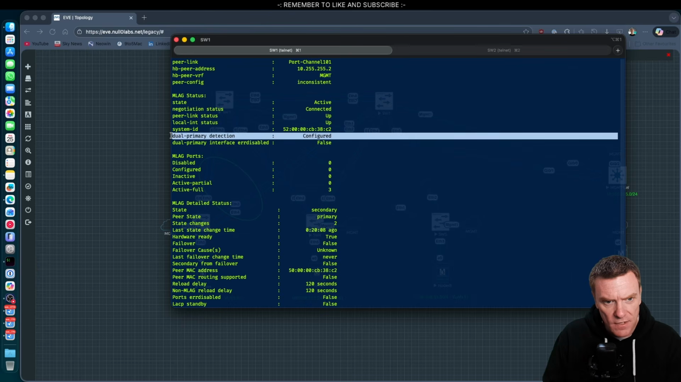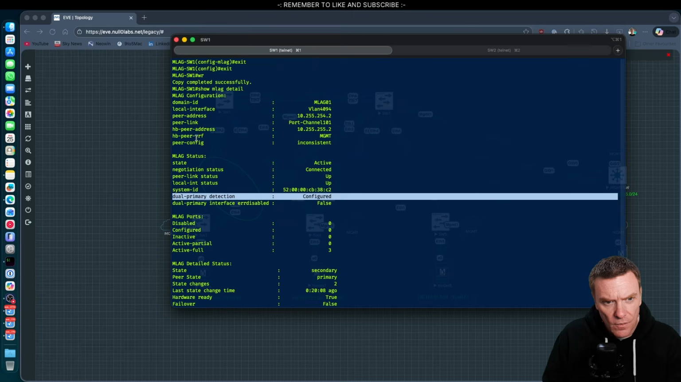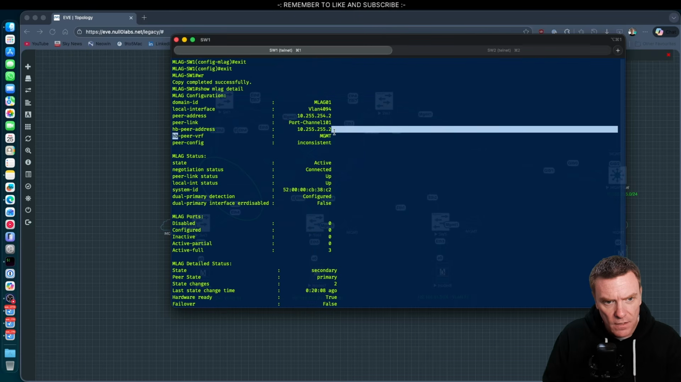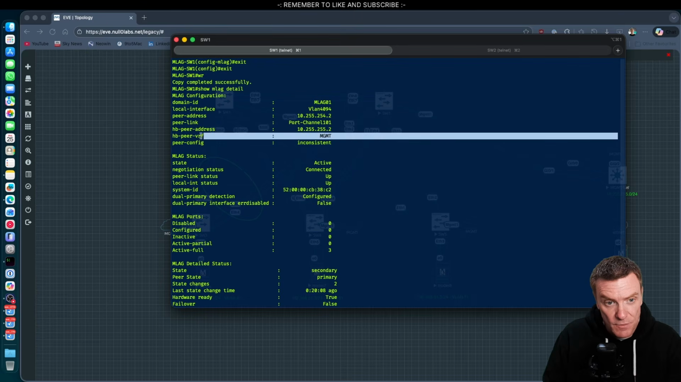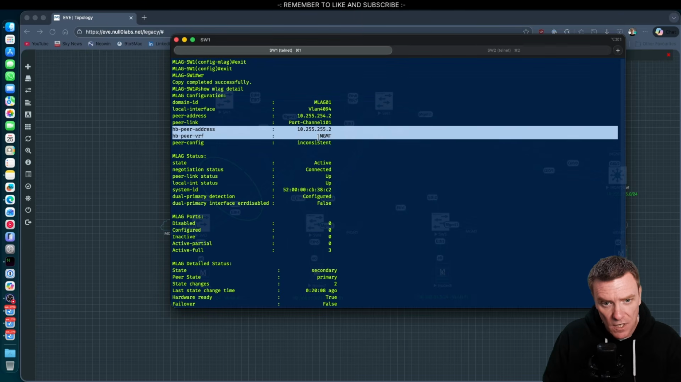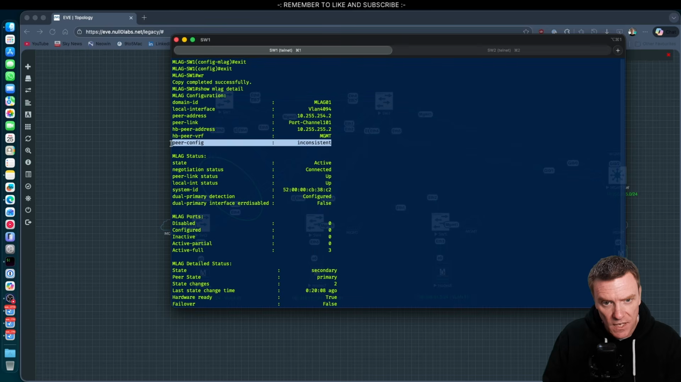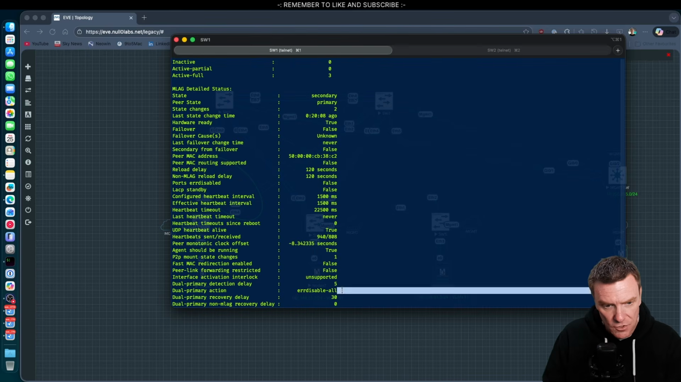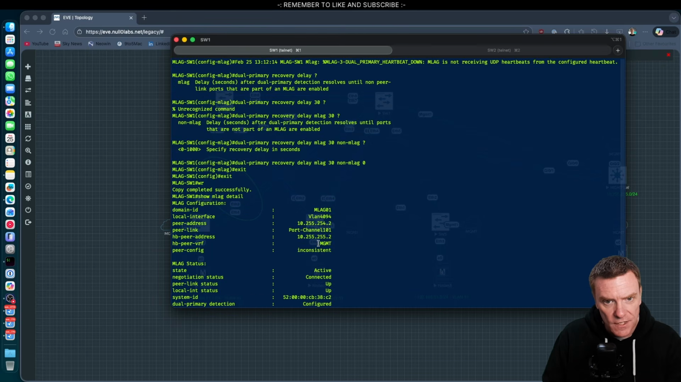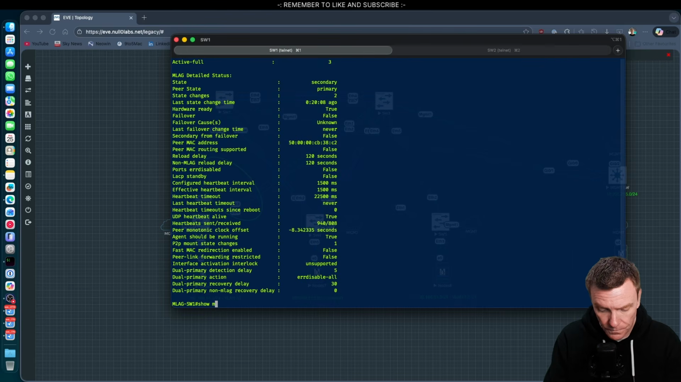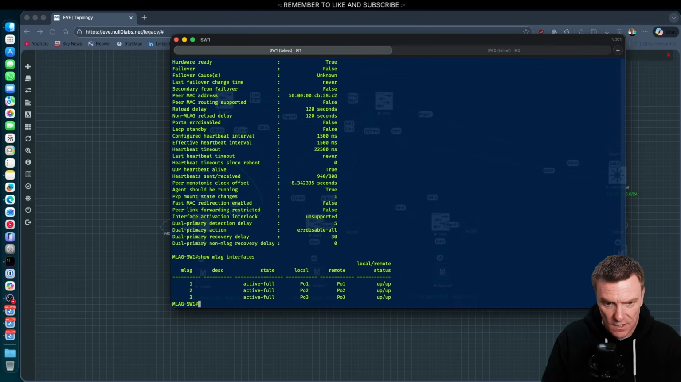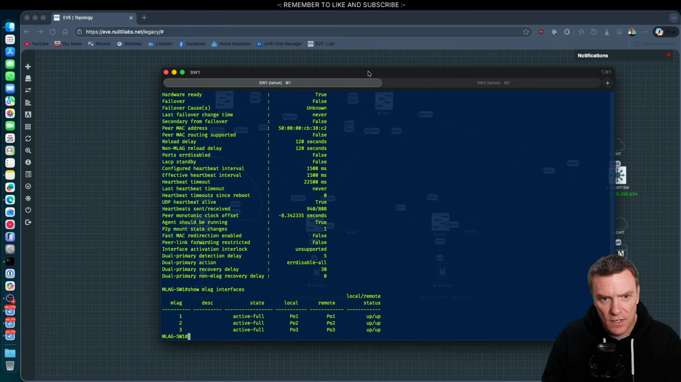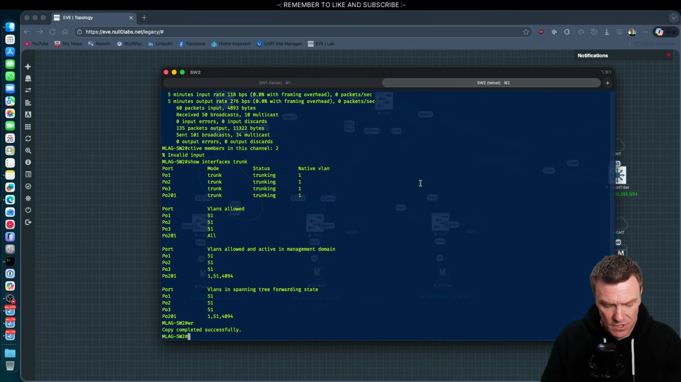We can see that the detection is now configured. We have our heartbeat peer address, and we're using the management-vrf for that as our secondary heartbeat. And obviously the peer config is inconsistent because we don't have it configured on the other side. The dual action is to disable all of the secondary interfaces. And like I said, we won't be able to demonstrate that here, but at least we know we've correctly configured it. So now if we jump over to switch 2,